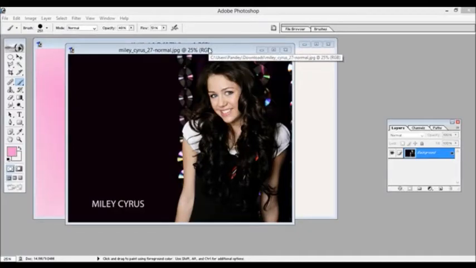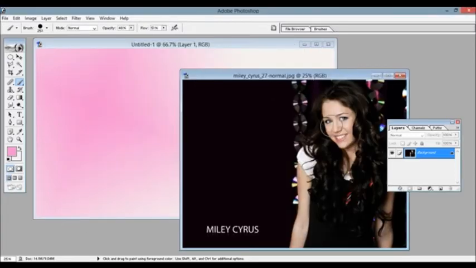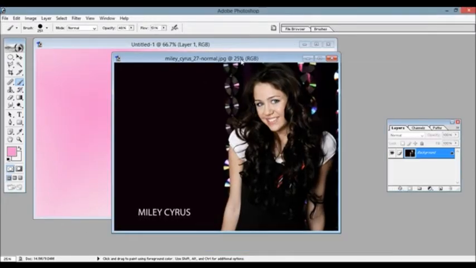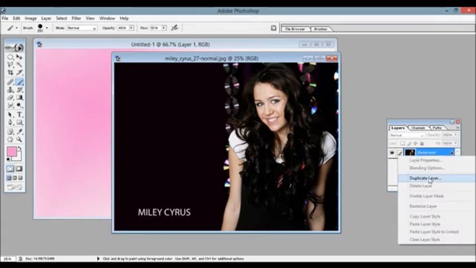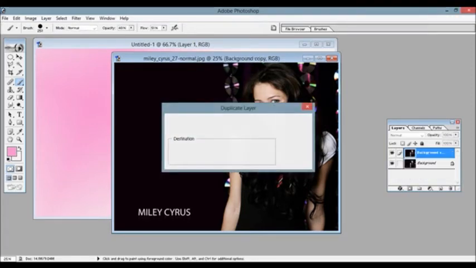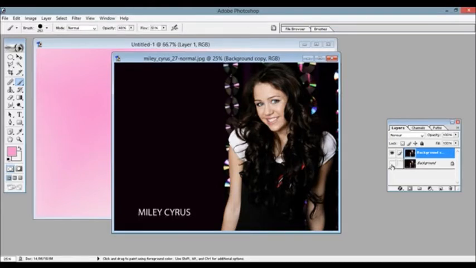Now I'm going to show you how you can extract an object from an image. So in this pic we are going to extract her from here to here. The easiest way to do it is to edit the image in quick mask mode. First open the image, right click, make a duplicate layer, click OK, hide the original one,